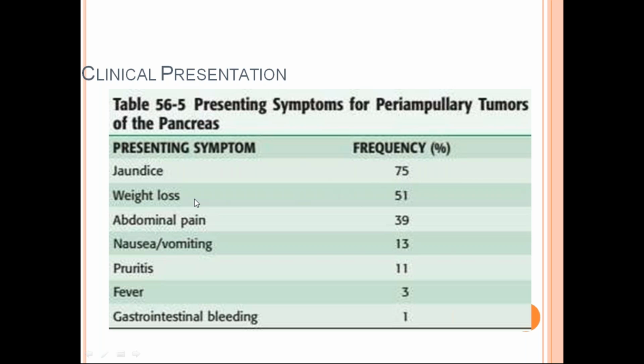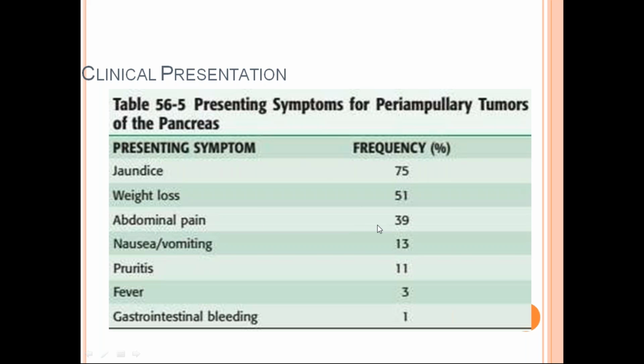Later, due to carcinoma, various changes occur in the body which lead to cachexia, that is significant loss of weight like in any other carcinoma, in 51%. In patients with pancreatic tumors, unlike periampullary carcinomas, the patients will not present to us early. So weight loss will be the first symptom in those cases. In periampullary carcinomas, jaundice will be the first symptom.